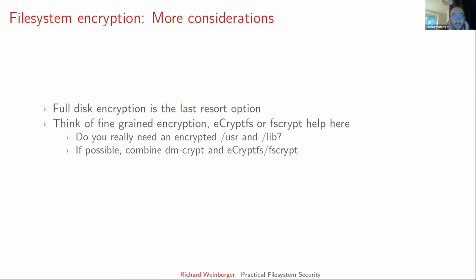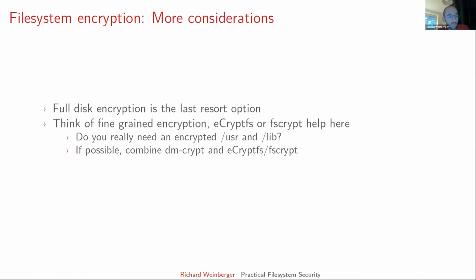So now let's talk a little bit more about encryption itself. Actually, disk encryption is the last resort option. So when you don't really know what's going on and what to protect, you can always encrypt the whole disk. But actually, you want it more fine-grained. So you want it per directory or on multiple levels. So ask yourself, do you really want to have something like USR or library encrypted? The content in there is already known, so why protect it? It's much more important that you protect the